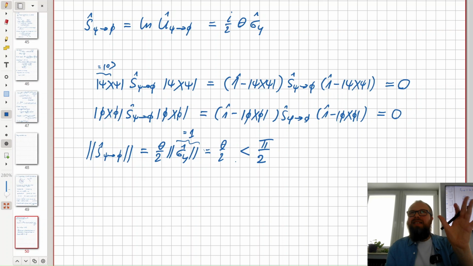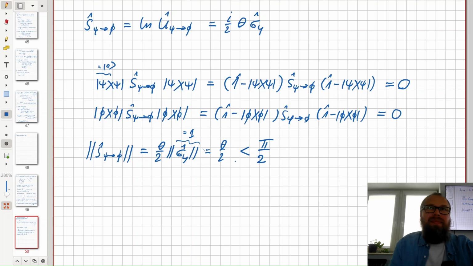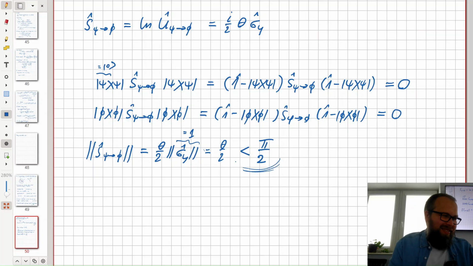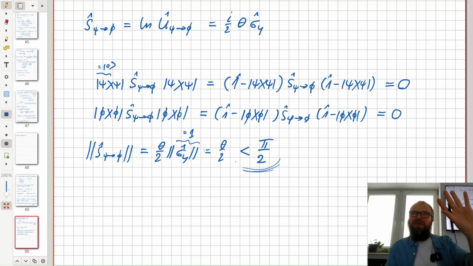Okay, so the logic is that the norm of S is actually less than pi over 4, but we only need less than pi over 2. Now the logic is clear. We only need a looser condition, because this was for two vectors,